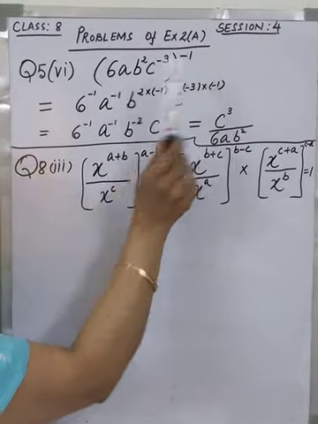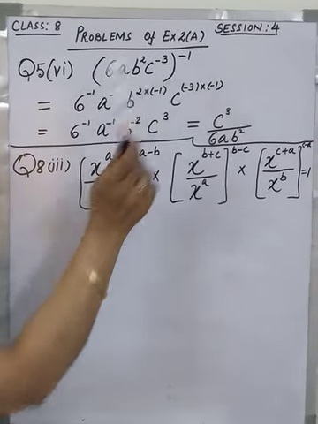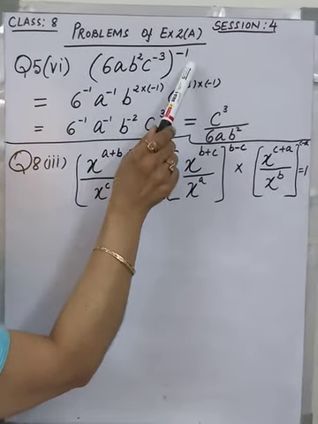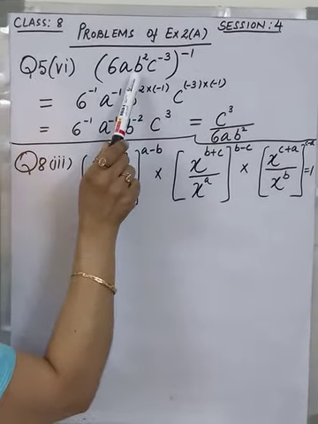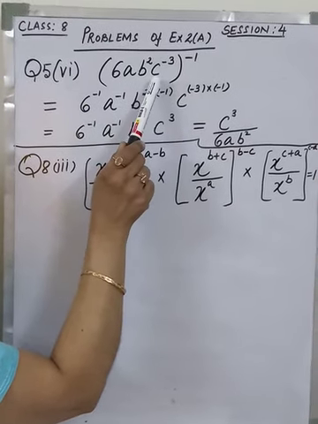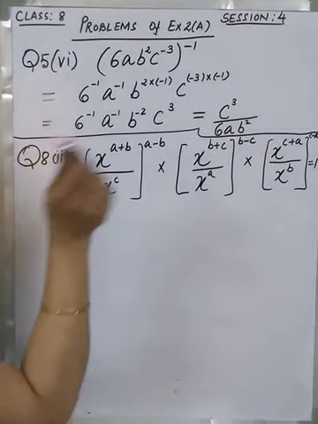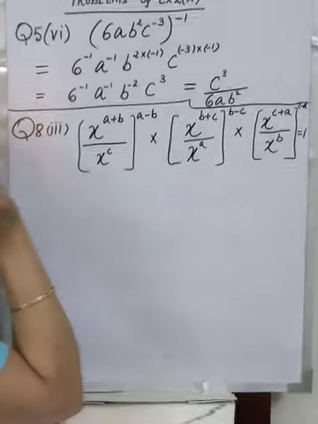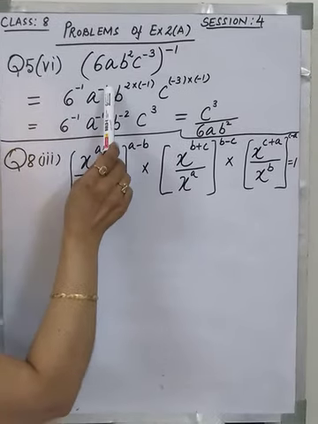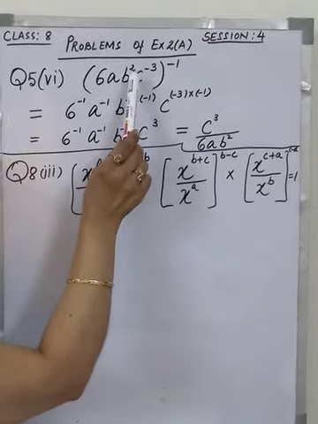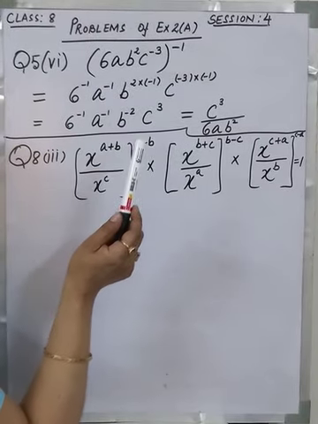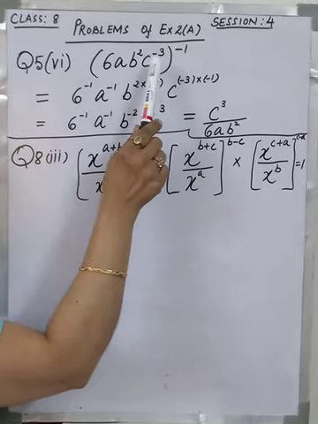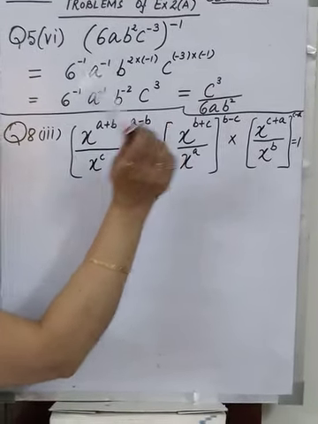So this is the expression given. 4 to the power minus 1 is there. That means this power minus 1 is assigned to 6, to a, to b square, as well as this power minus 1 is with minus 3 also. So we get power minus 1 with all the elements inside the bracket. So 6 to the power minus 1, a to the power minus 1, b already had a power 2. Whenever we have power on power, power gets multiplied. So 2 into minus 1. Similarly, c to the power minus 3 into minus 1.